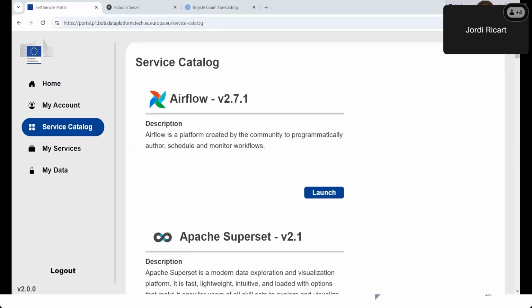There's also the option to use GitHub Actions or GitLab pipelines, and both of these tools enable continuous integration and deployment. And you can set up workflows that automatically trigger your R scripts whenever there's new data available or based on a specific schedule. And in this case, we probably want to schedule this to run daily since it's the frequency of update of the data source. And this way our forecast will always be up to date.